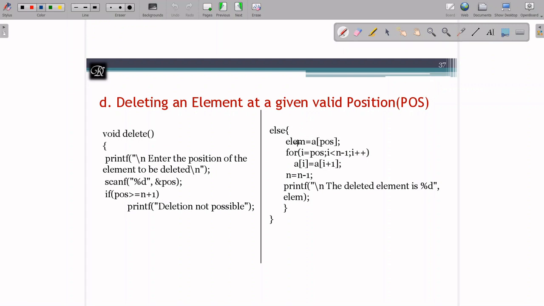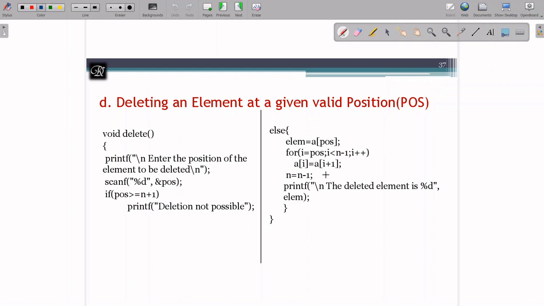This is optional, rather than this directly you can display over here itself. Then don't forget to shift back. For that, as I told you, I have written a loop and I'm deleting, and here I have done n is equal to n minus 1. N minus minus or n is equal to n minus 1, both are same. This is how we are going to perform the first 4 operations specified by the problem statement.